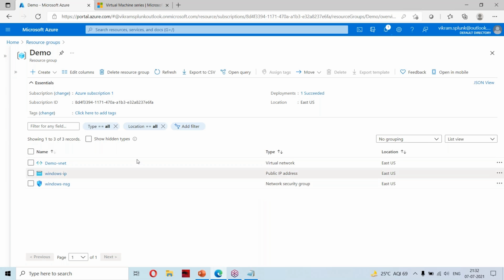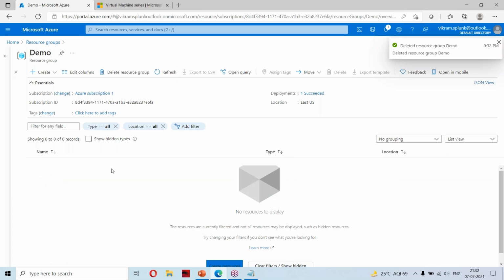So slowly it is getting deleted, one by one. All the additional disks or storage, everything will be deleted one by one. It will save some money. If you forget, sometimes there will be resources which will be charged in the background if you are keeping them. If you delete that, you won't be charged. Yeah, now everything is deleted.